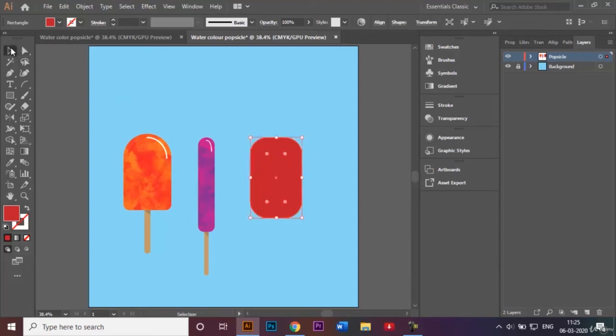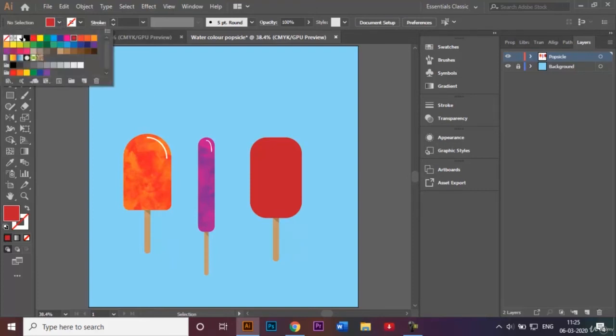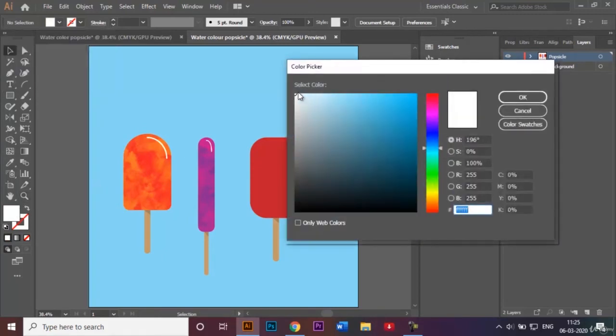Okay, I'll select the stick, click on Alt and bring it to the center. And now for the stripes, I'll be changing the fill to be white, but I'll make it a little off-white like that, or probably just make it into a slight creamish color like this,